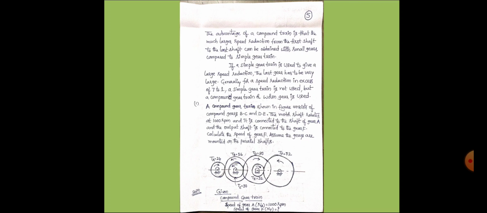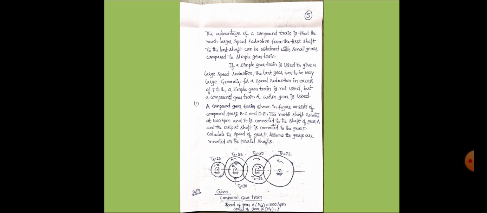Therefore, TA into TC into TE. Then NA is known, substitute 1000 divided by NF, that is the speed of gear F, which is unknown, where we have to find, that is equal to number of teeth TB is 56, TD which is given as 80, into TF which is given as 72, divided by TA is 24 into TC is 30 into 32. After substituting, the only unknown is NF, and if I simplify,